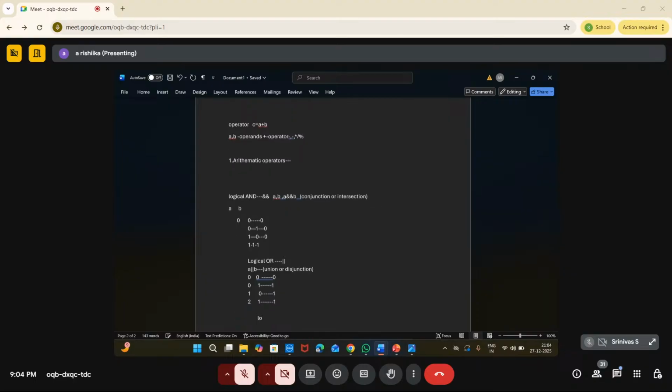Next, the last operator is the logical not operator. What is not? You can represent it as an exclamatory mark or